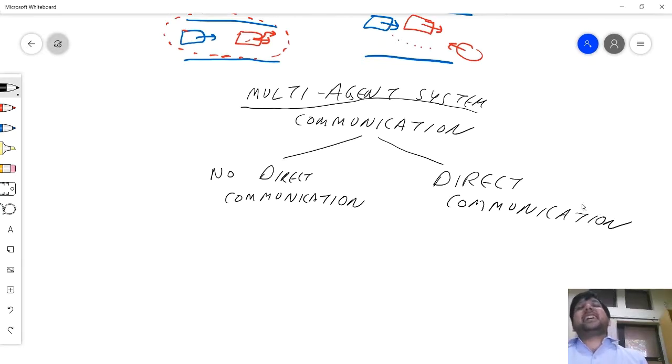So, okay, there is not really something which is no communication. Just like I said, there is nothing which is non-observable. So it's no direct communication when the agents cannot talk to each other, but they can observe each other's